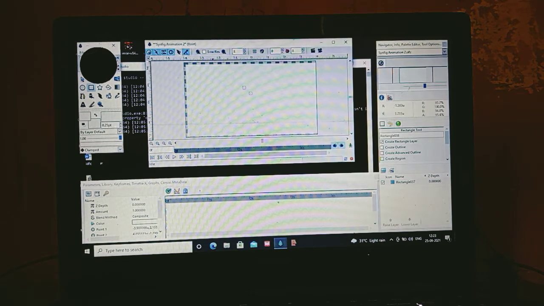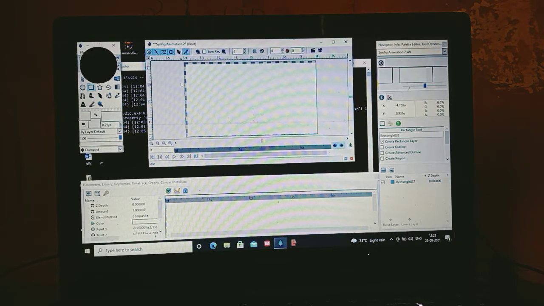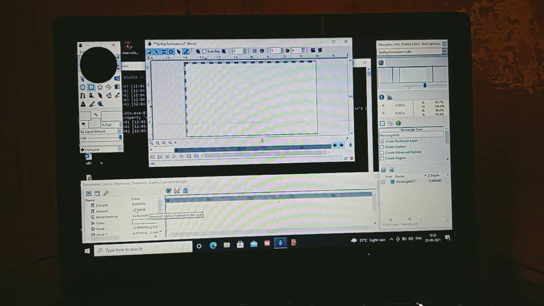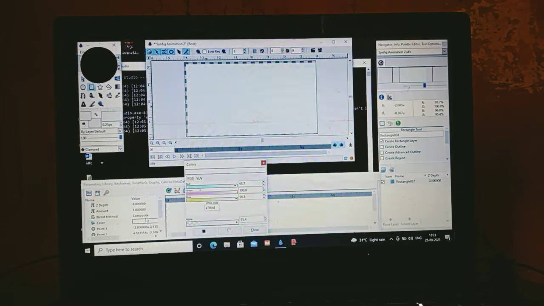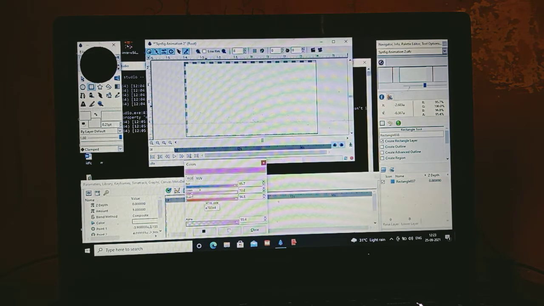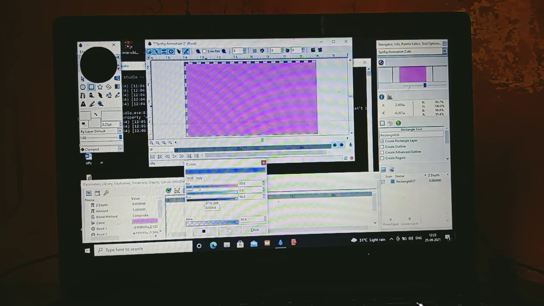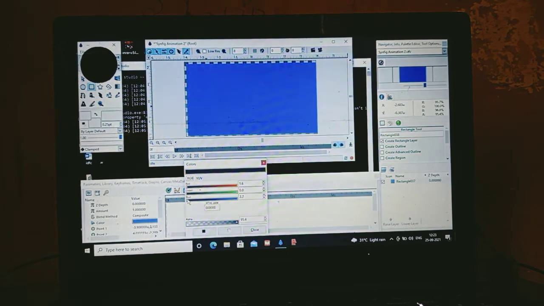See, right now it is a plain color, so I have kept the color as white, but now I want somewhat darker color, because our rainbow should be visible very nicely. So for that, here there is a box. You have to click there and change the color, whatever color you need. I'm keeping it as black, so let me adjust the colors.